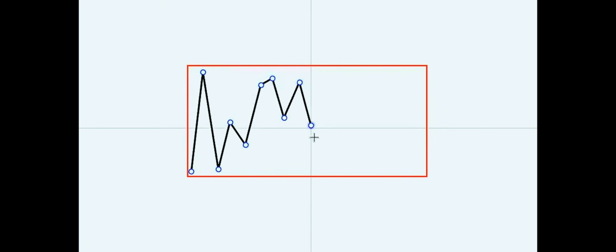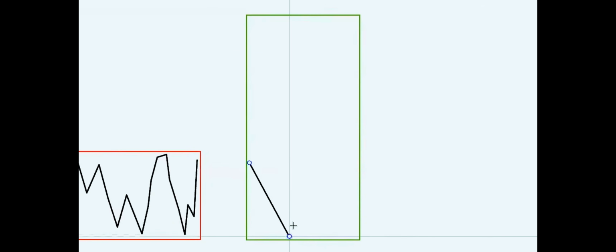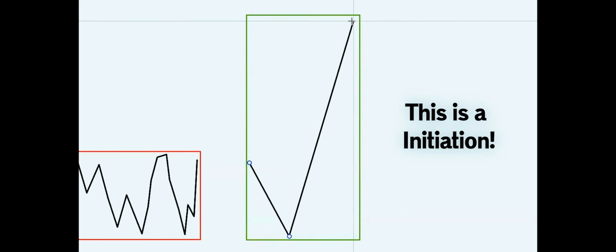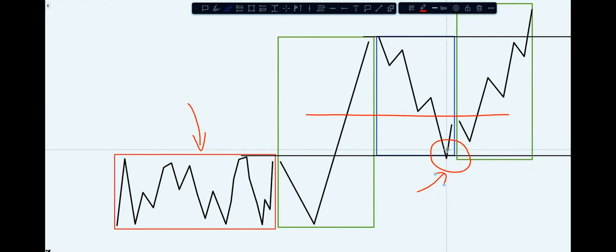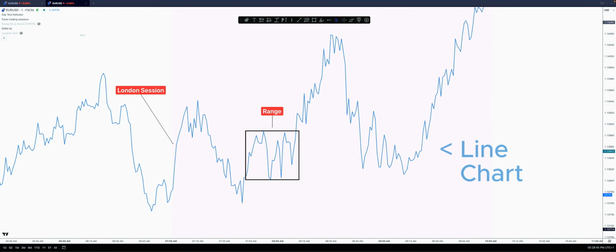What if I told you that the market tells you exactly what it plans to do next? Most traders spend years looking for the perfect indicator or strategy, when in reality, the market is already communicating its intentions through price structure. Imagine you're watching your USD on a 1 minute time frame during London session, and first